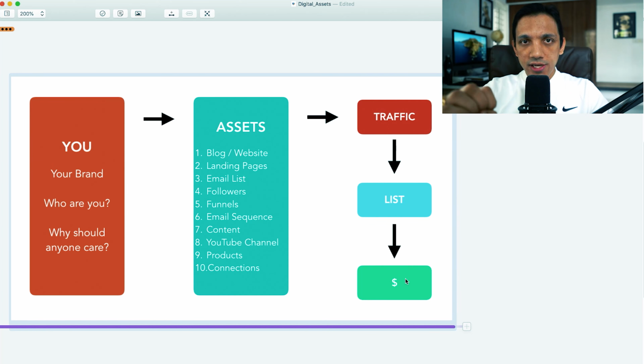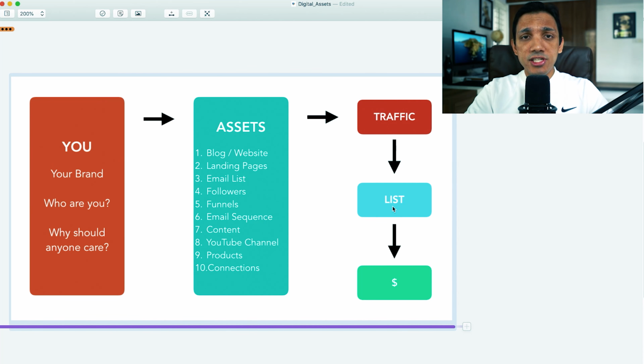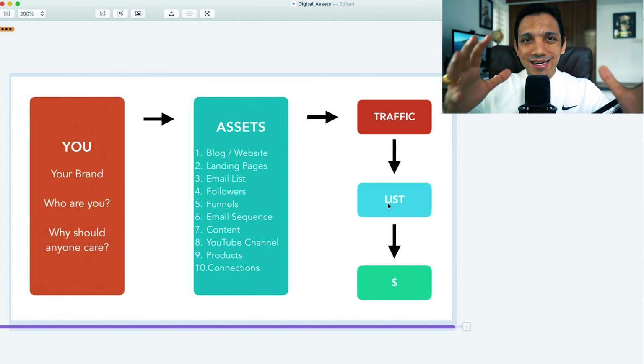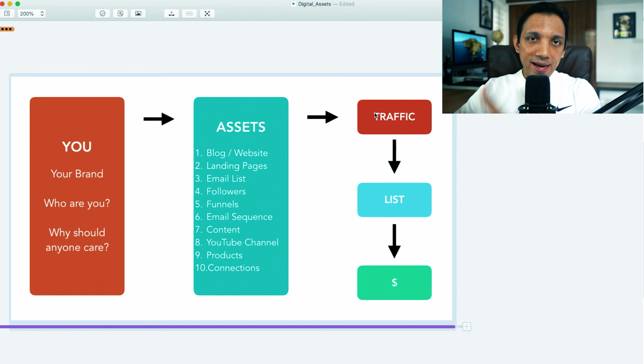And if you have to achieve that income goal for yourself, you have to constantly build an email list. And you got to build the list of your email, build a list of your followers, and there are different kinds of lists. You have an internal list and an external list, which I anyway share even inside my courses. Okay, so if you're not a part of my course, I'll tell you how you can be a part of it. Now, in order to build that email list, you need to drive traffic, and under traffic, you have organic and paid traffic.